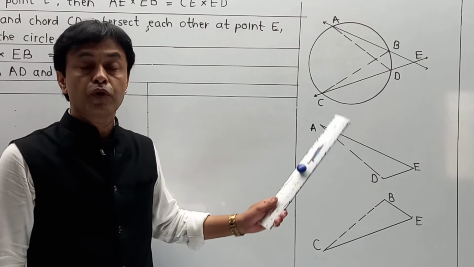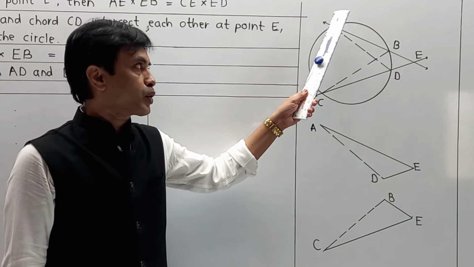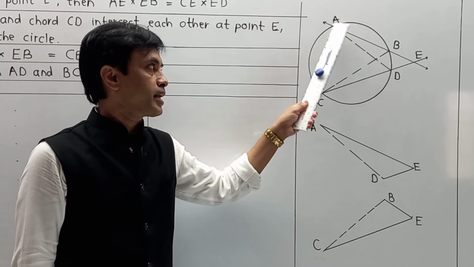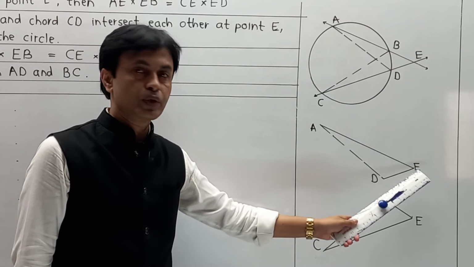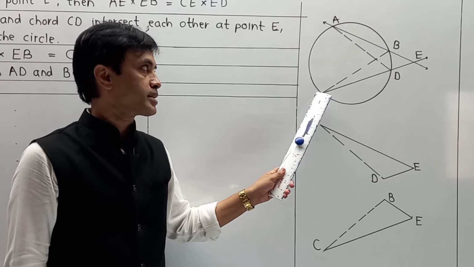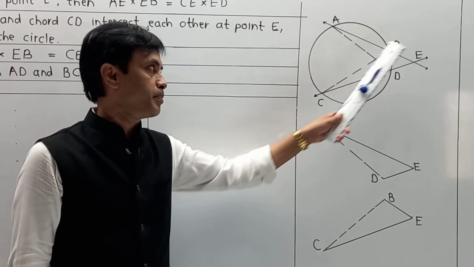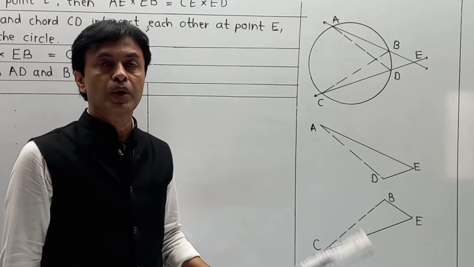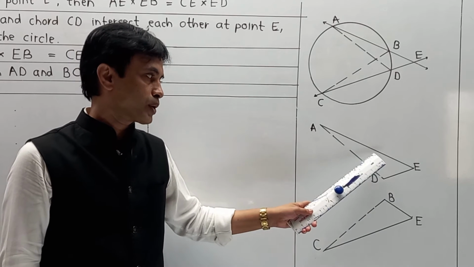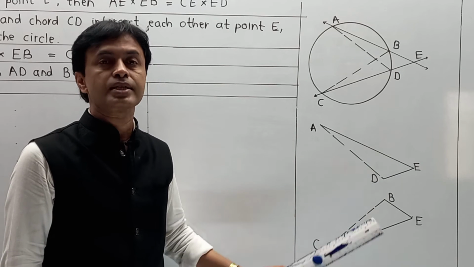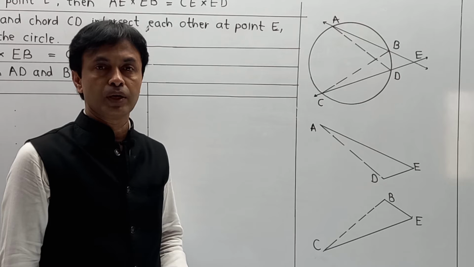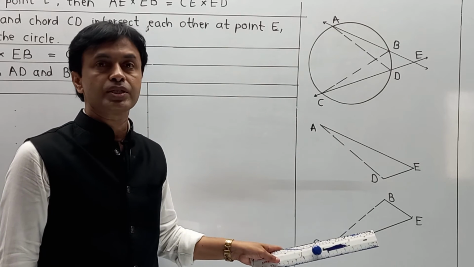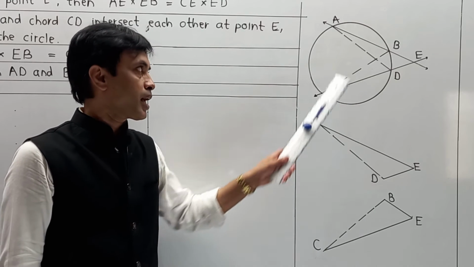Now students, for proper understanding, I have drawn triangle ADE outside over here, so we can easily understand. And second, I have taken CBE outside over here. So one by one we can discuss the parts, and no doubt our target is to show these two triangles as similar triangles by a particular test. Now we have to cross check by which test we can show it, one by one.